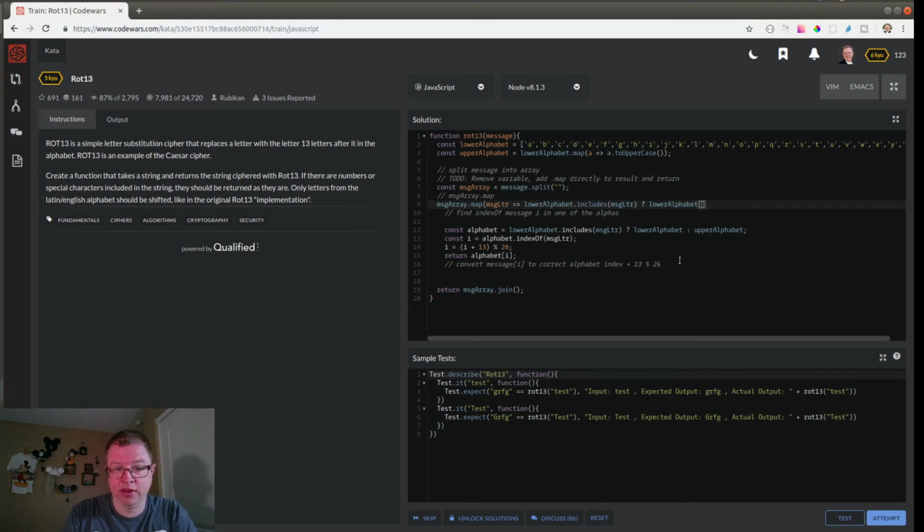And then put my math in here, right? I plus 13 mod 26, not 260, else upper alphabet, I plus 13 mod 26. Okay, and that's everything, right? Oh no, I haven't defined I yet,